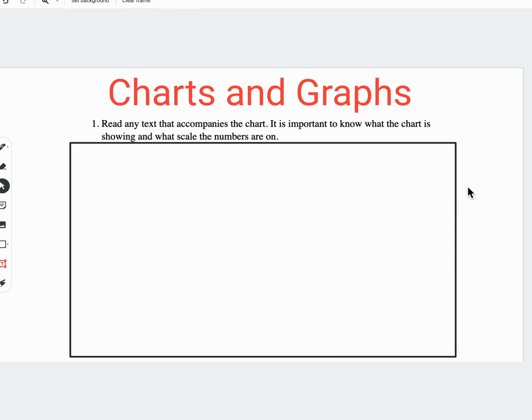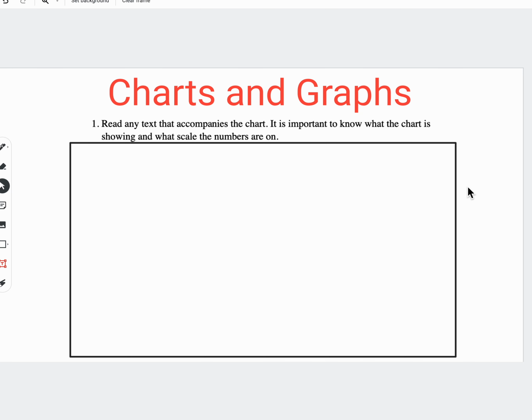Hello and welcome back. Today we'll be taking a look at charts and graphs. Now, chart questions usually do not involve much computation, but we'll need to be careful. Let's go ahead and take a look at a few steps here that will help us to answer chart questions